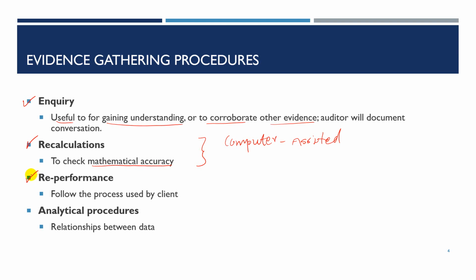Reperformance is often used to test controls. It means following a process used by a client or redoing a procedure performed by the client. When testing controls, client procedures are reperformed to check controls are effective. In the case of substantive testing, client estimations are reperformed to verify amounts calculated by the client. For example, when testing the allowance for doubtful debts, an auditor will reperform the aging of debtors to arrive at